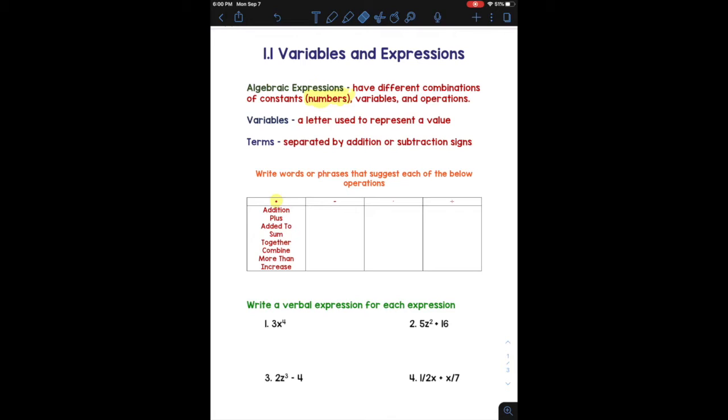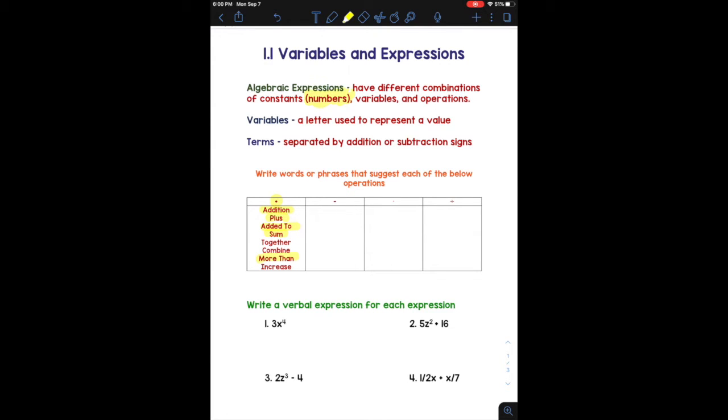We have the word addition, plus, added to, sum, together, combine, more than, and increase. A lot of these words are used very often. The usual words, addition, plus, added to. Sum is very popular, and more than, I would say those are the first couple of most popular words for